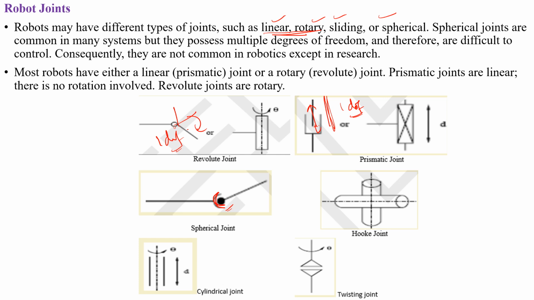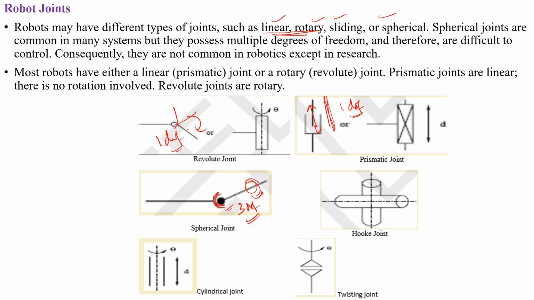So spherical joint, which means it can be rotated like this, or it can be rotated in all three directions. The axis of rotation is in all three directions. So it has more flexibility. You can check with your human arm. Okay, the shoulder joint. Since the maximum is three dimensions, XYZ direction, it has got the degree of freedom as three, because it can rotate in X direction, Y direction, and